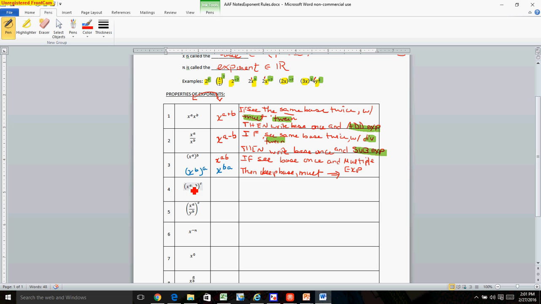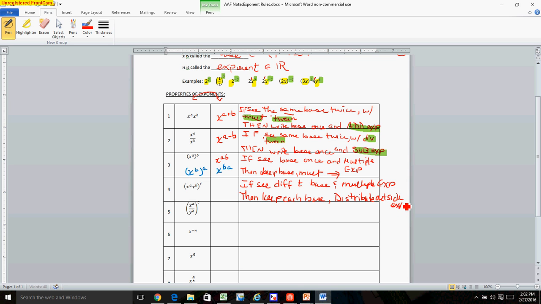Rule number 4 is really just the same rule as rule number 3 or property number 3. I just gave you different bases in here, but it really is the same thing. If you see different bases and multiple exponents, then keep each base, and I'm going to throw a D word in here, distribute the outside